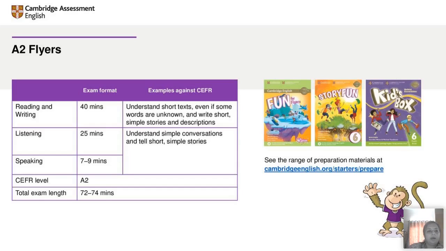So at A2 level, we are seeing that they can understand short texts. Now, the importance is given to overall comprehension and not vocabulary. Sometimes we read something, we might not know exactly what one word means, but I'm able to understand the meaning from the general sense in which the word is placed. So is the student able to do that?